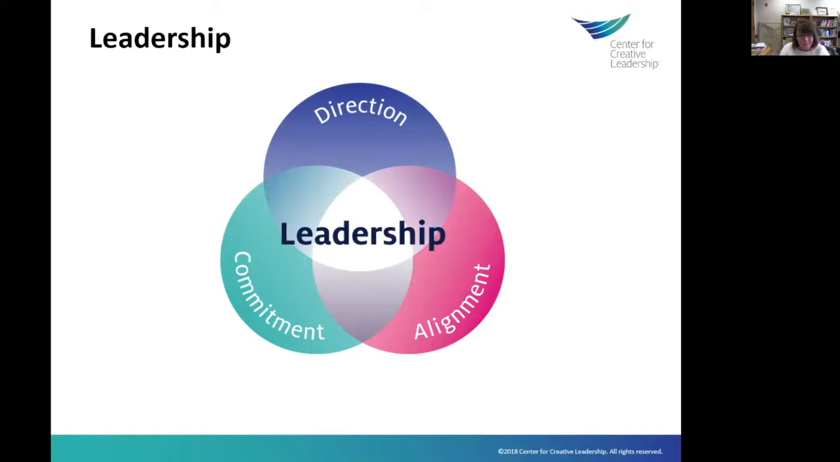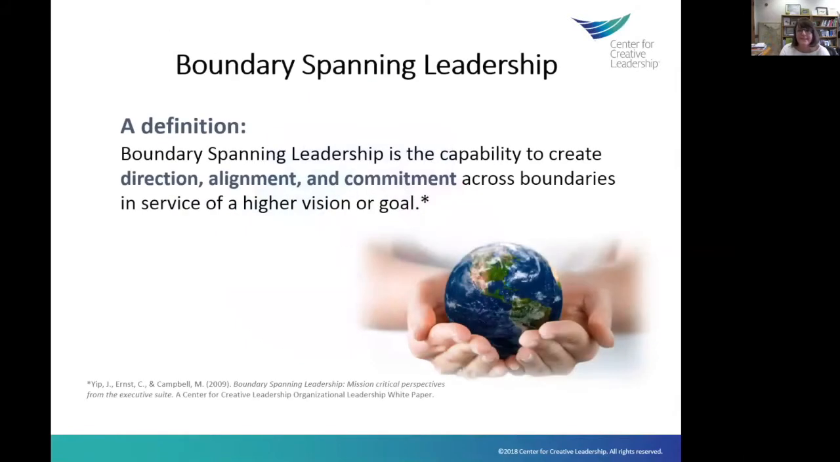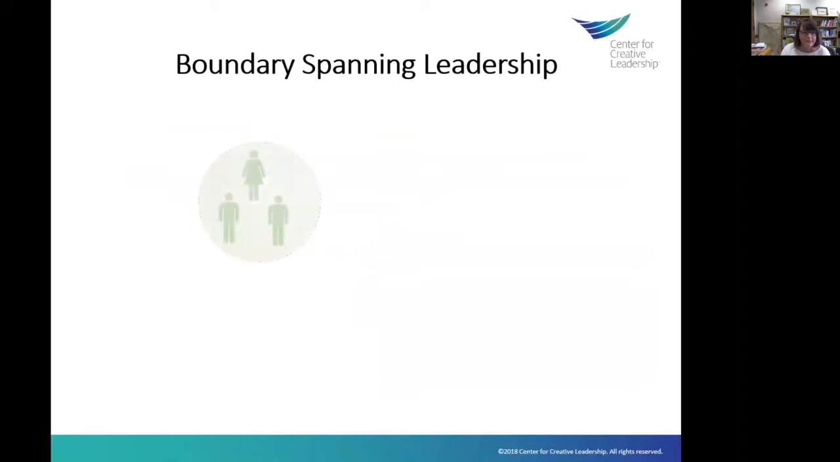And when we talk about boundary spanning leadership, direction, alignment, and commitment is an important concept because it really is at the center of what boundary spanning leadership is. So boundary spanning leadership is the capacity to create direction, alignment, and commitment across boundaries in service of a higher vision or goal. So looking across all the different boundaries we talked about,